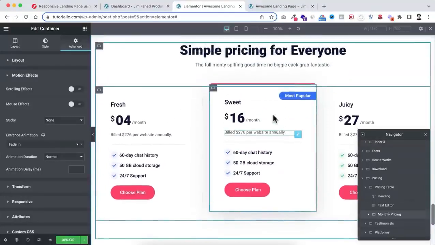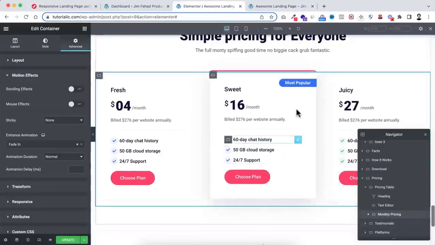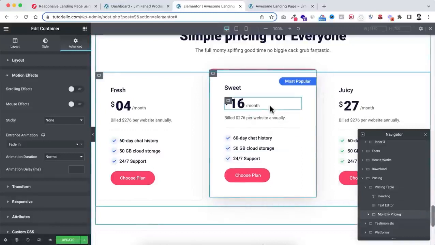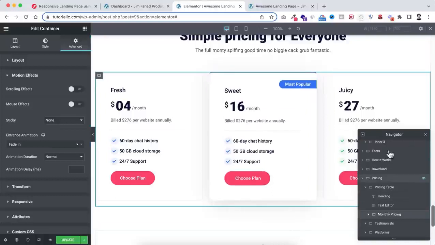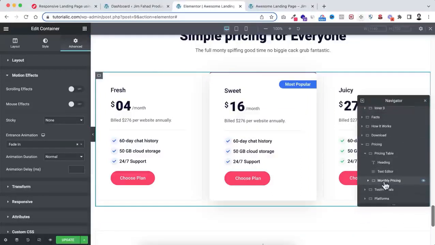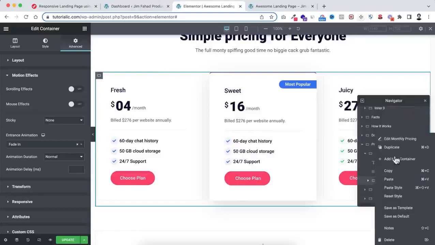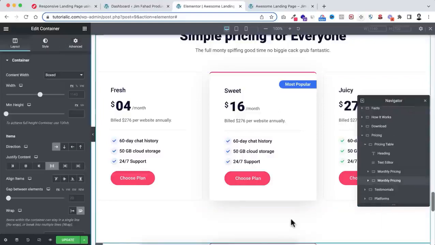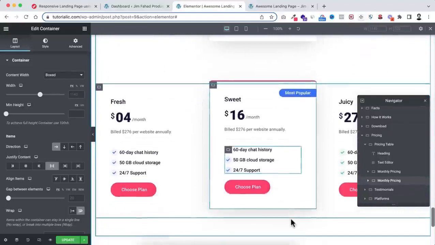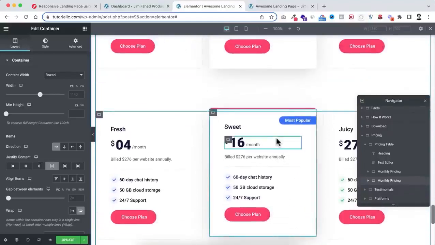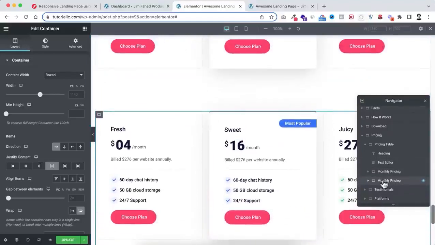Now I just wanna duplicate this whole container and make the duplicated one for yearly pricing. Okay, so we can do that from the navigator. So just right click over the monthly pricing and from there click on duplicate. So here you see it's been duplicated underneath here. And also I just wanna rename it